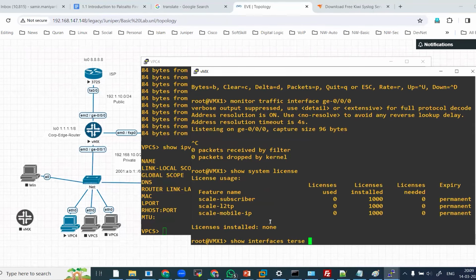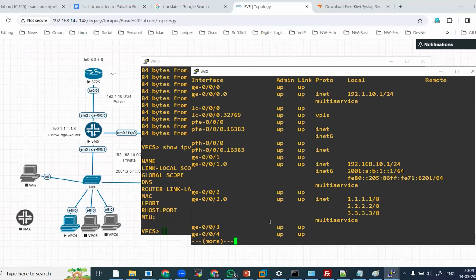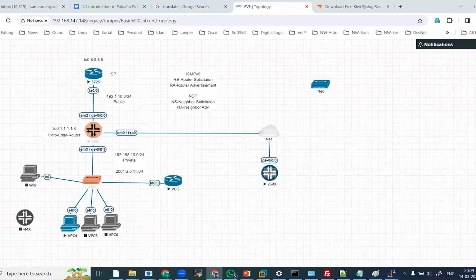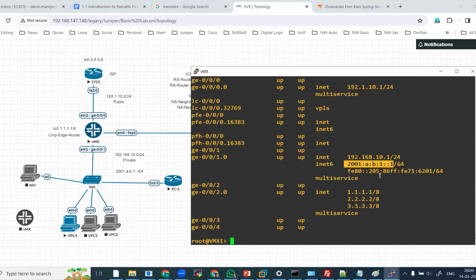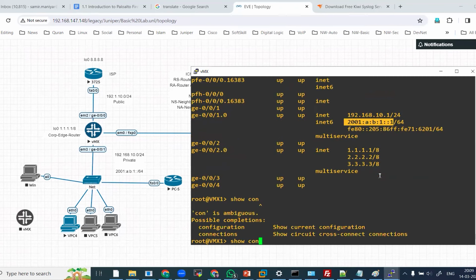interface does. And we can see here specifically for GE001 what IP I have here: 2001:AB1::1, right? And if I show you the configuration, display set options,